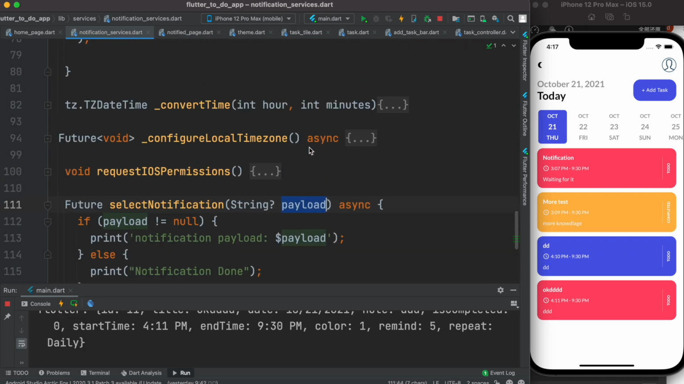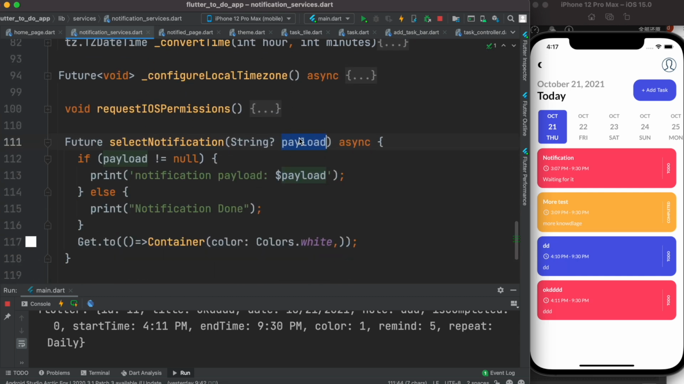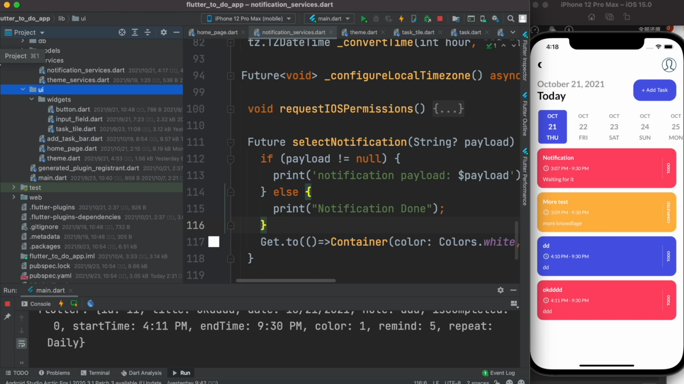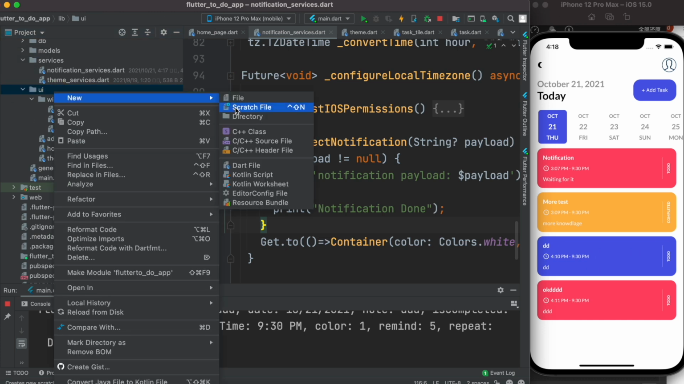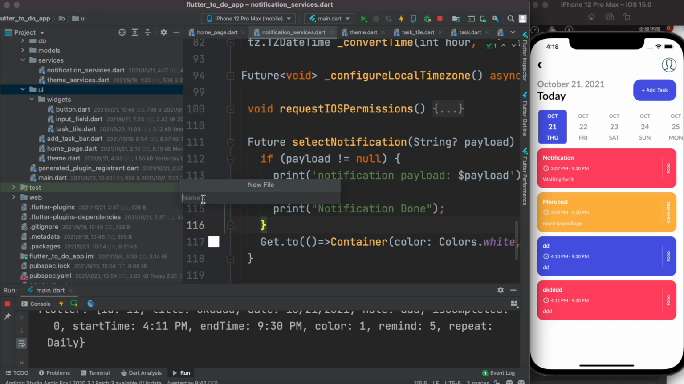So now whatever is here, you can get them here, and once you get them you can actually go ahead and send it to any page you want. Okay, so now it's time to create a new page. So we'll go to our folder UI, and over here we'll create a new file. We'll call it